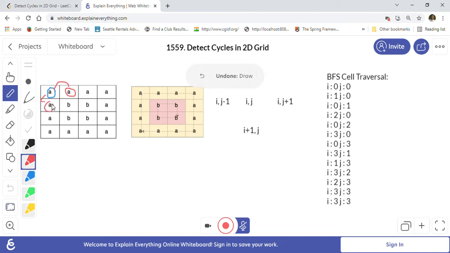So when we are now traveling from this A, we don't want to visit this previous cell again, because it is a parent cell. And from this A also we don't want to visit this parent cell, because we have already seen those cells, right?